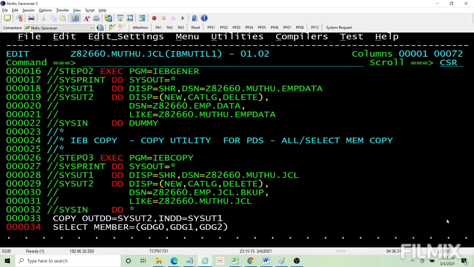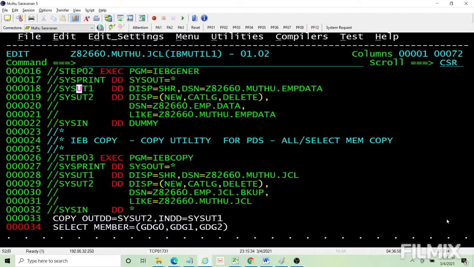And those cards, as I said, IEB General also does reformatting and creating PS from a number of members. So various cards are there. Those cards, I'll put in the comment section of this video. You can refer to it if you need it. Generally used fashion is this. Okay, IEB General, you do like this.